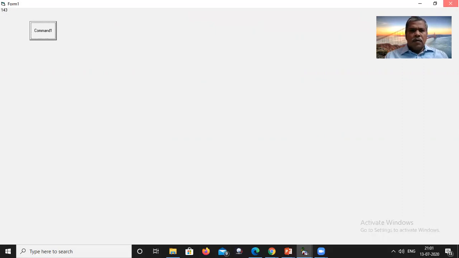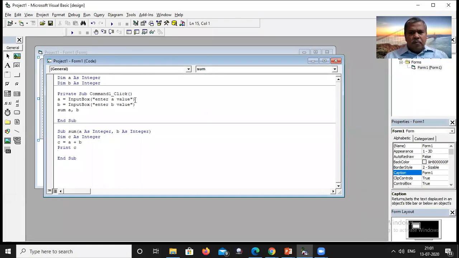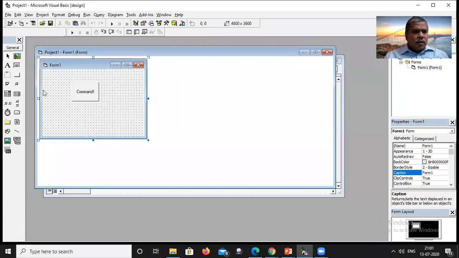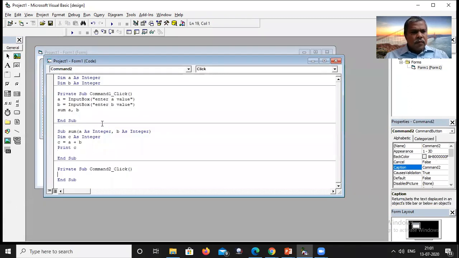This is called a sub procedure. The same way I can do it for the function. Let's see how that works. Here, I have already declared A and B. Now again I have to read the two values, so I will copy it from the command and put it here.